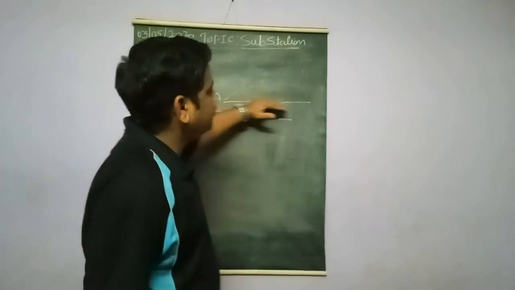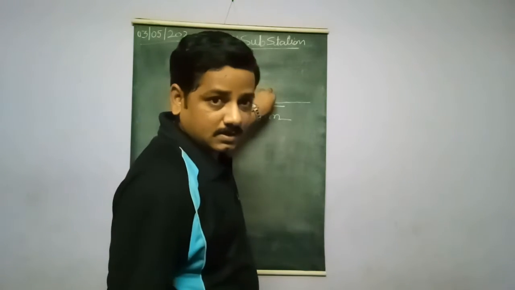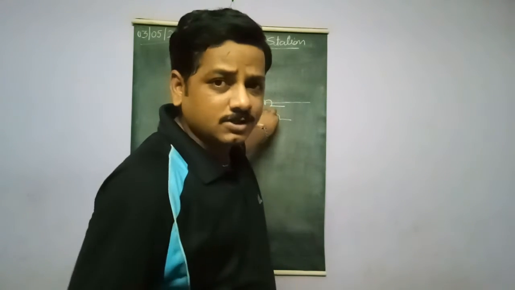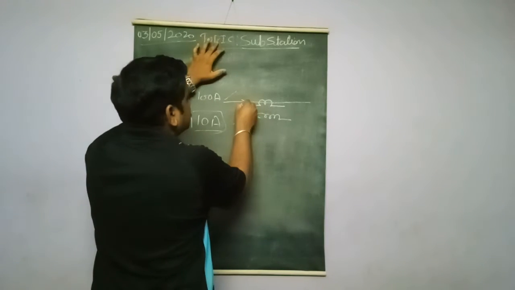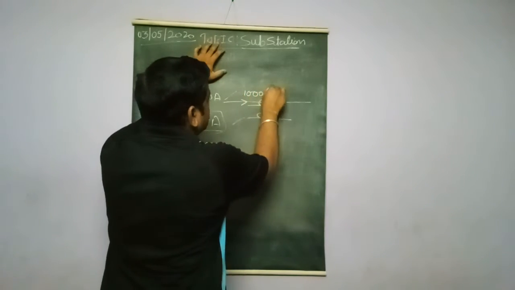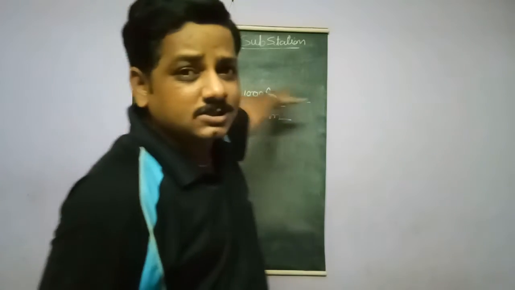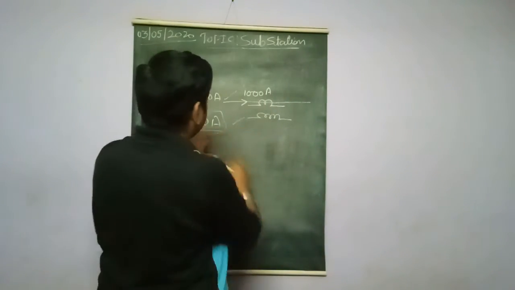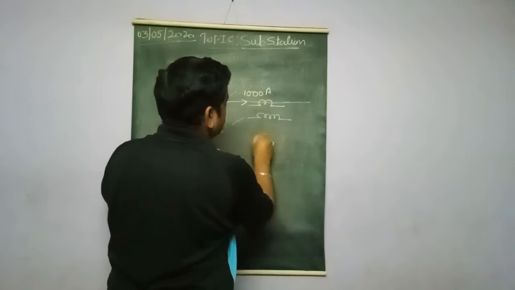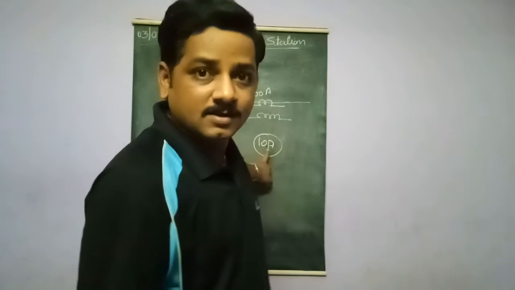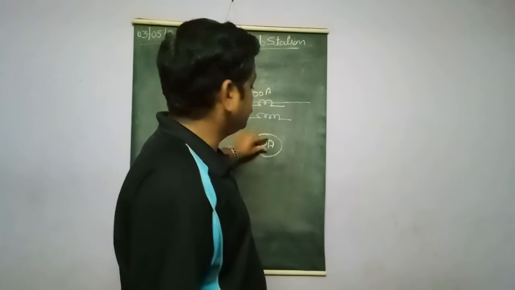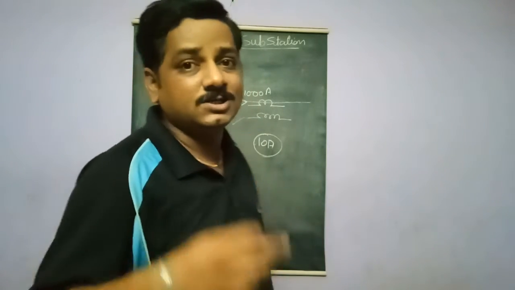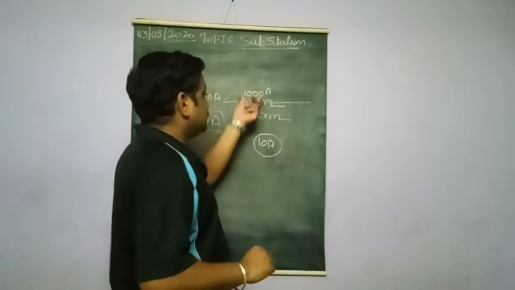So the transmission line will be passing here. This is the primary turn, this is the secondary turn, and I want to measure this current. Say the current flowing in this is 1000 amps. Now I want to measure the 1000 amps, but I have a meter of just 10 amperes. So at the secondary side I will use this ammeter which is of just 10 amps. The primary current is very high, but I need to reduce that current to 10 amps. I want to convert that into a ratio. Okay, so the current has been reduced.